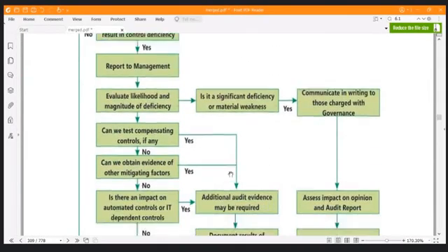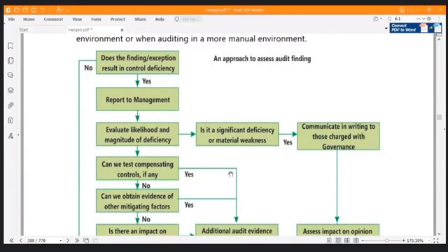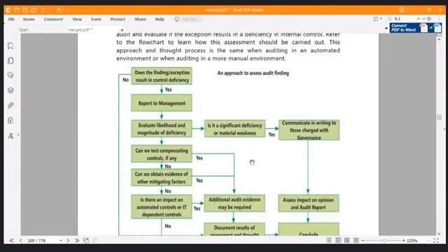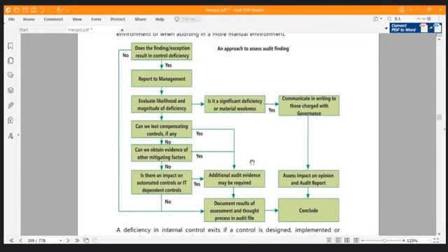It's the same thing. They have just put it in a flow chart. Does the finding or exception result in control deficiency? Control deficiency is where the policy says there must be a control, but the control is either not working or not existing. So that is control deficiency. If it is yes, then report to the management. But before you report to the management,